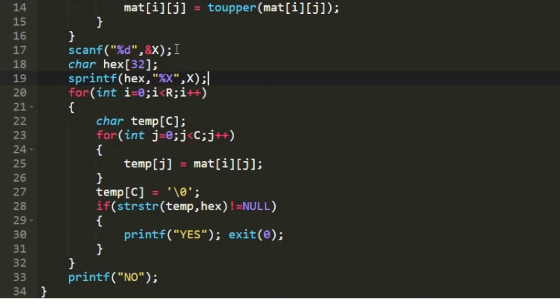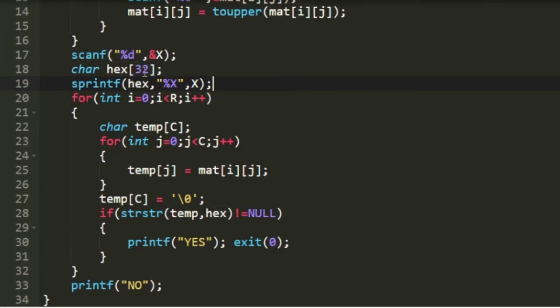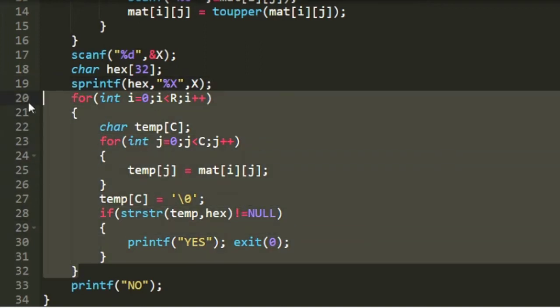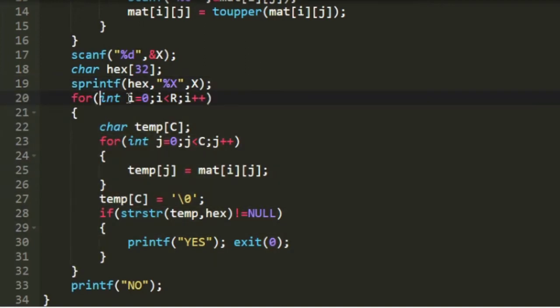So now we have converted the integer x into hexadecimal value, and that hexadecimal value is now stored into the character array hex. Now we have to check whether the hexadecimal is present horizontally in the character matrix. To do that again I am going to create a nested for loop. The first loop iterates from 0 to r, and in every iteration of this loop I am going to create a new string, and the characters of this string would be all the characters present in the ith row.